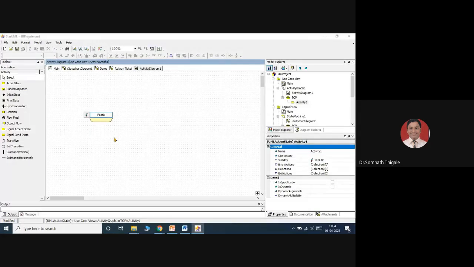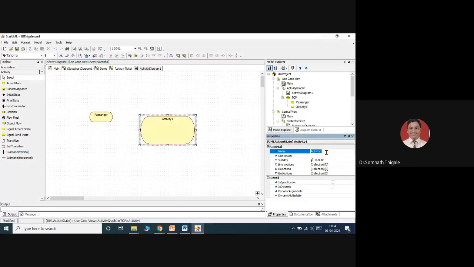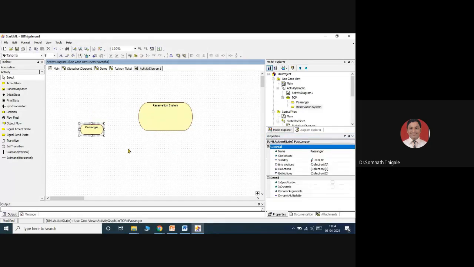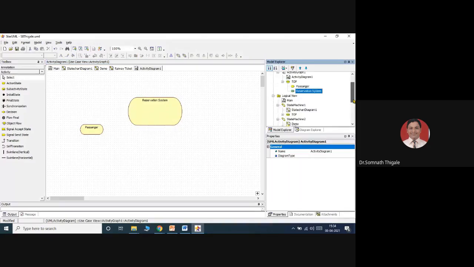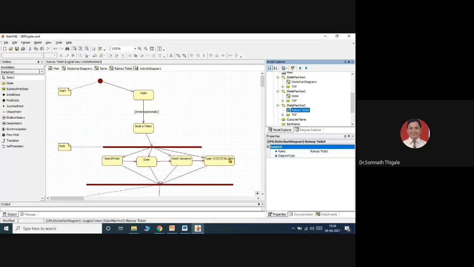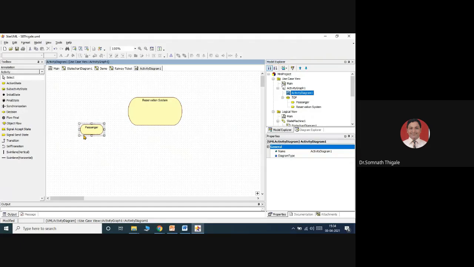The passenger, then we'll have this reservation system. Reservation system. Book ticket. Passenger.